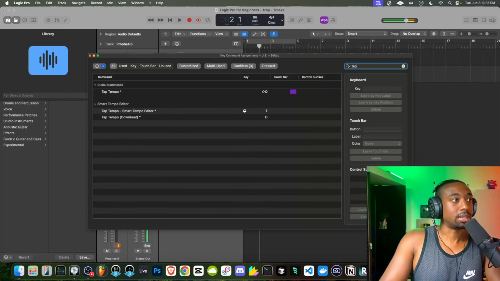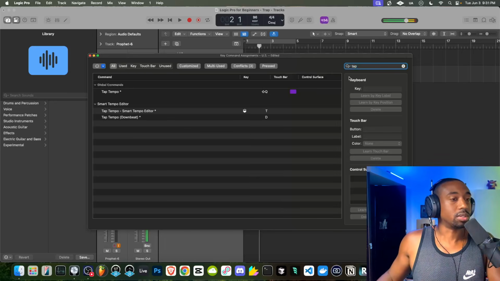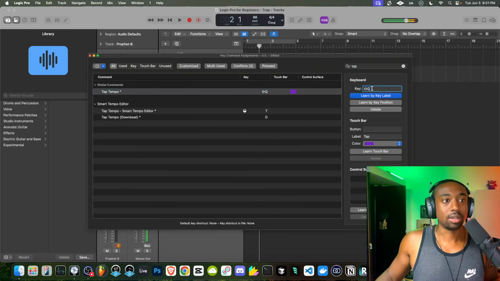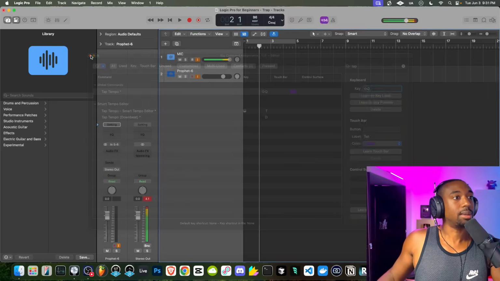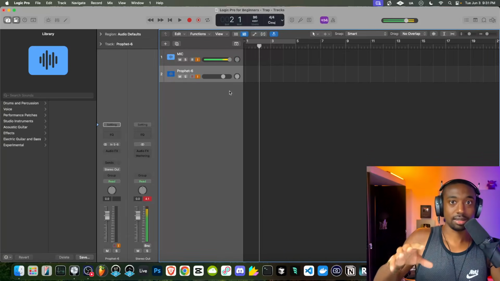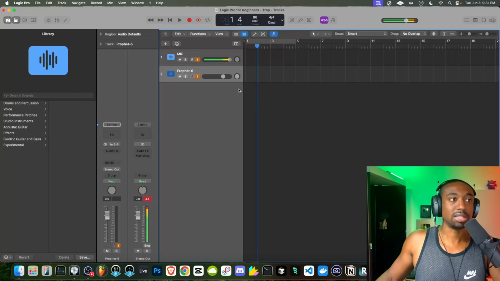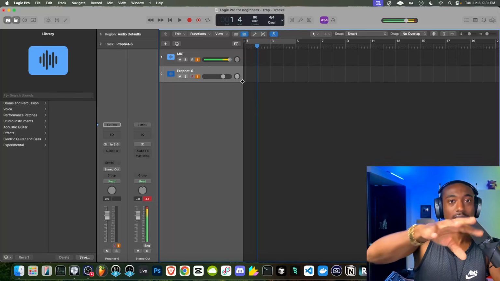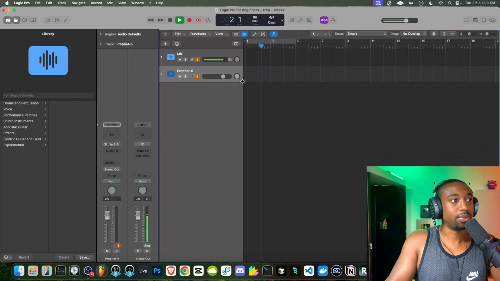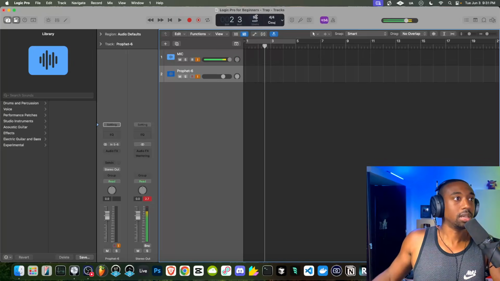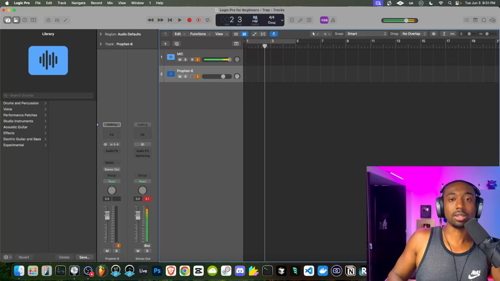I watched a tutorial about this. Forgive me for not quoting the original source here. But basically, you want to type in the word tap and click on where it says tap tempo. Under the key command, you're going to hit Shift Q. That's how you activate tap tempo. Once that's enabled, hit Shift Q, and a message will pop up asking if you want to accept this feature. Then when I hit Shift Q and keep tapping the Q, it changes the BPM to whatever I tap to. So I'm going to change it back to 96, but that's a good way to get started.